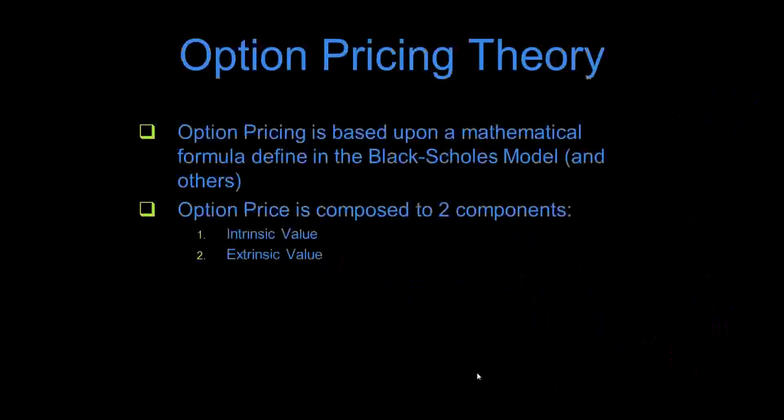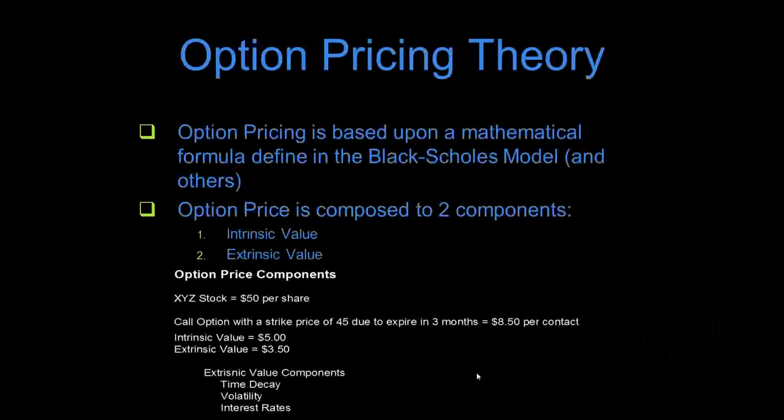So intrinsic and extrinsic value, you need to know that on your stocks all the time. This just walks through that example. Now we're going to go into more detail again tomorrow on the individual components that make up the price of an option contract. But suffice it to say, let's say you've got a 100 strike. We're going to buy a call, and let's say the stock price equals, we'll call it 105. Well, no, I tell you what,